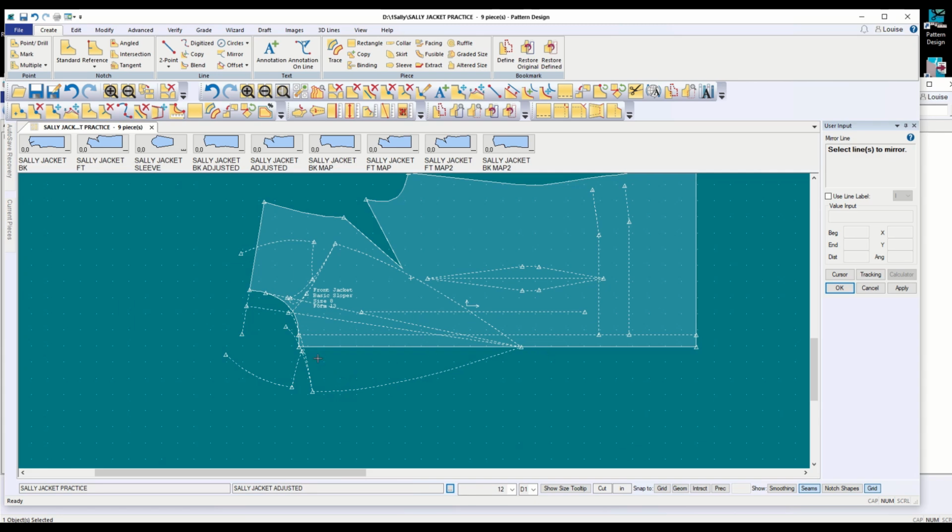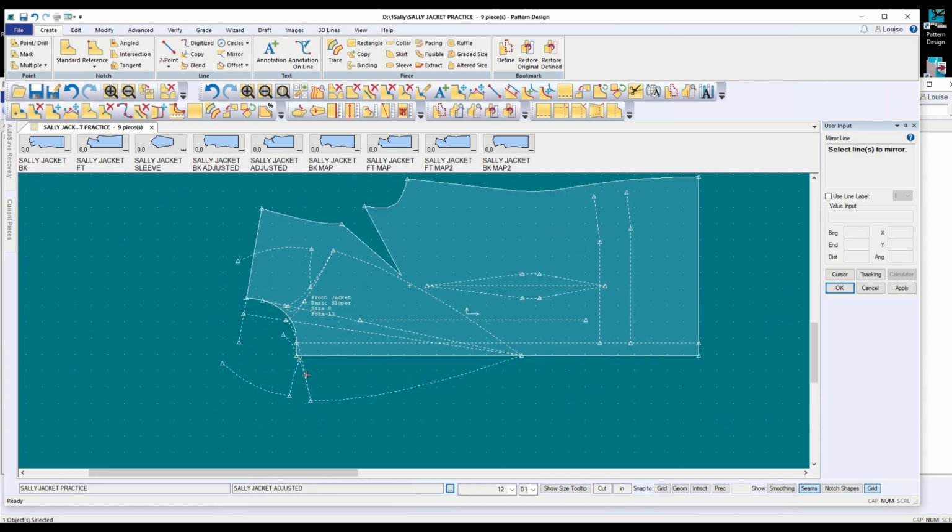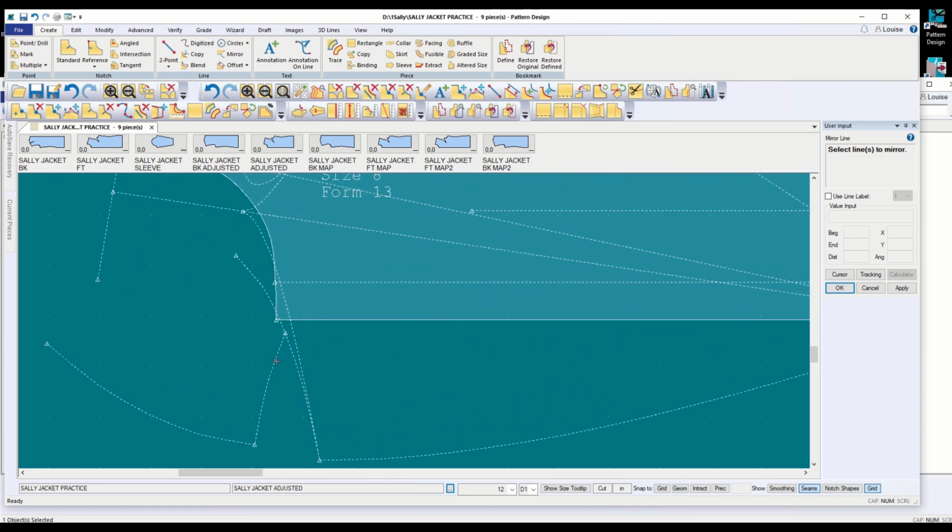So this is my collar. I probably need to continue my collar over here, and I kind of wish I had it out here a little bit further. So I'll address that on the other side, and when I get to the other side, I'm probably going to move this down and have it join up here instead. So I'll do that again on the other side, but I'm just going to join right there. Okay,